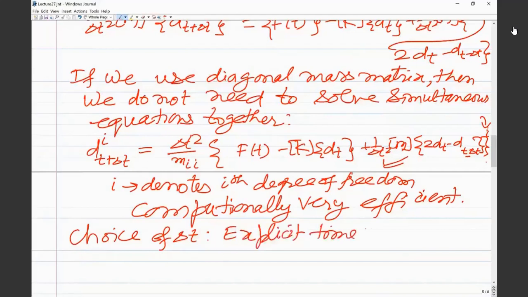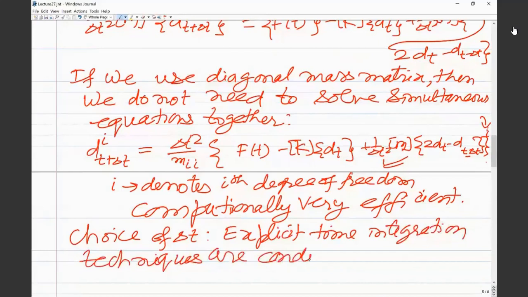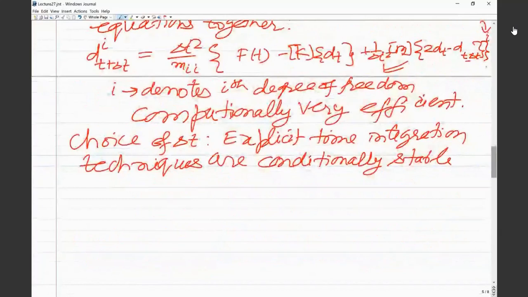Explicit time integration techniques are conditionally stable. And what does it mean? When we say it is conditionally stable, that is for a stable solution,